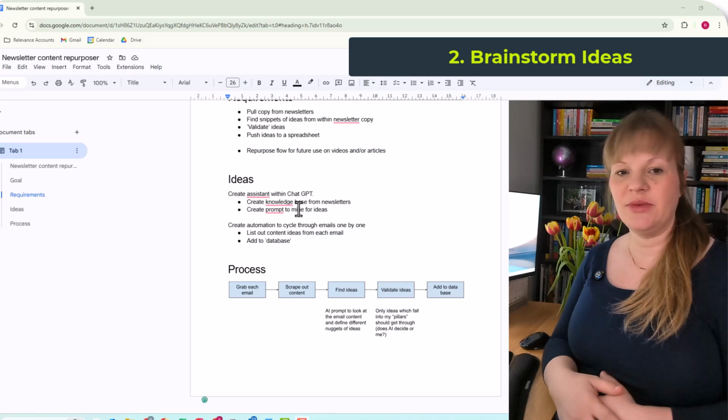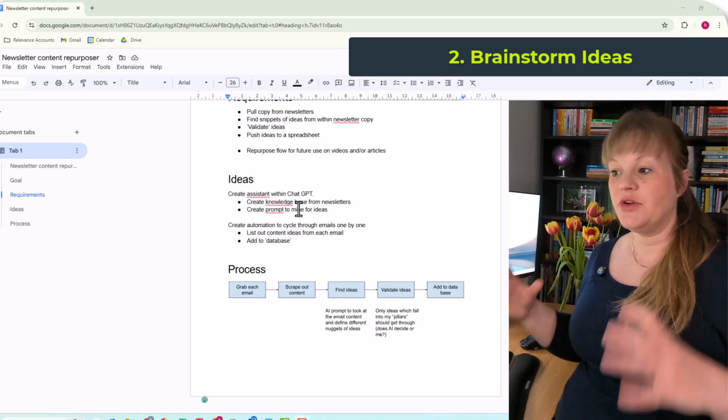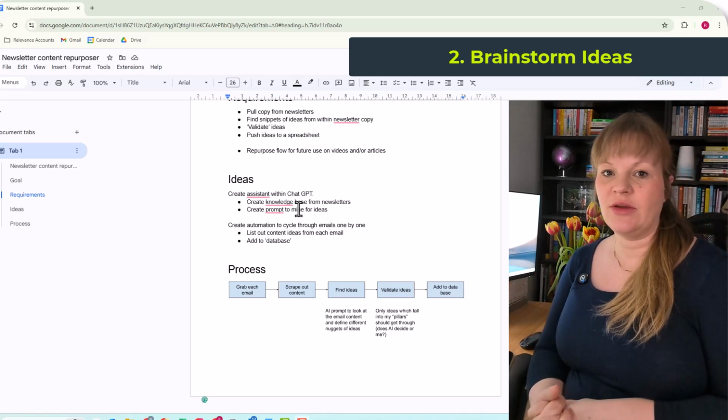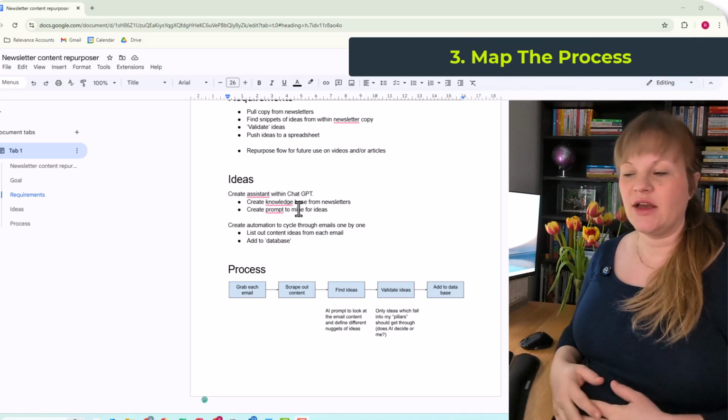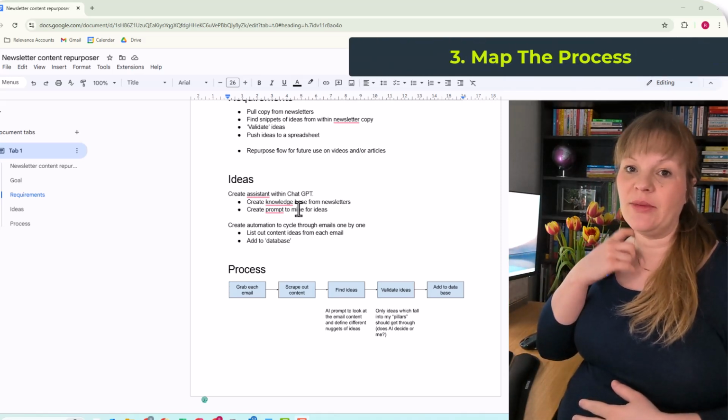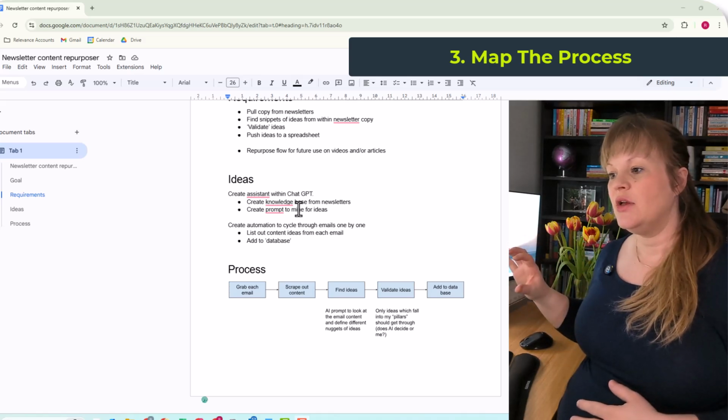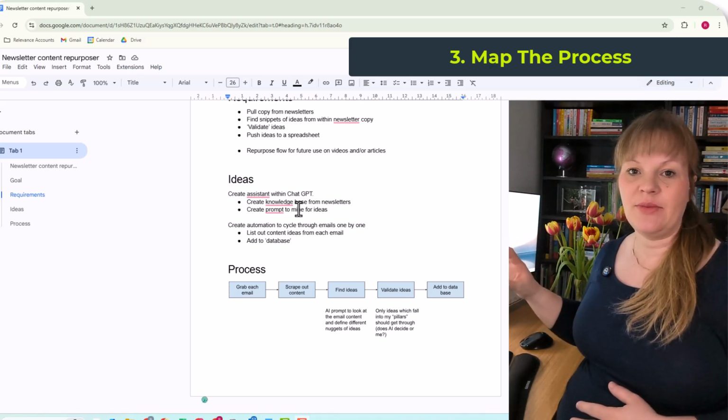I'd probably need to make a few tweaks. So that's what I'm going to do. I'm going to build the automation to scrape through one by one. So then the next thing I usually do is, again, usually on paper, let's map out step by step what